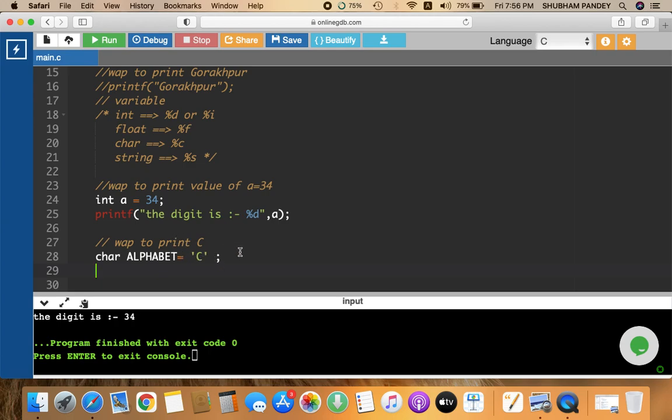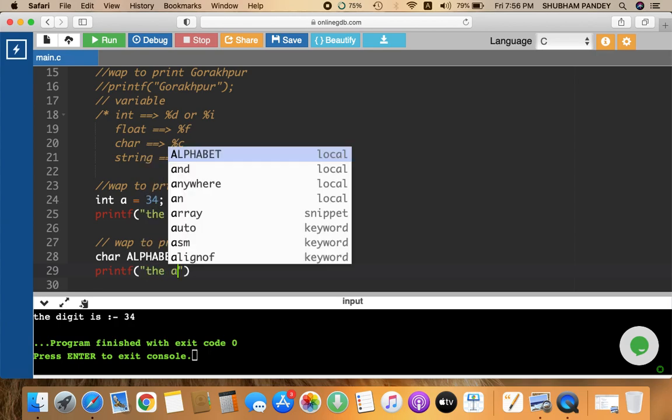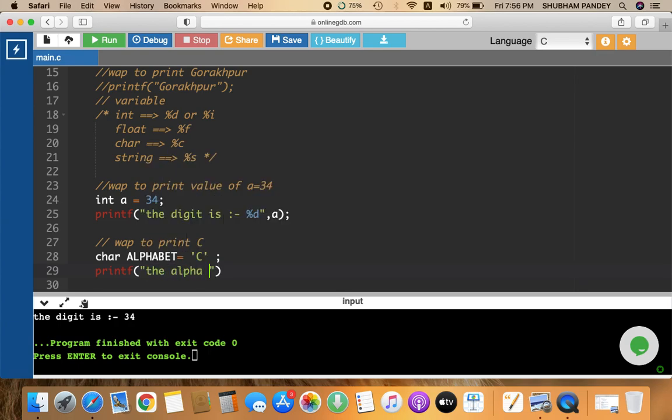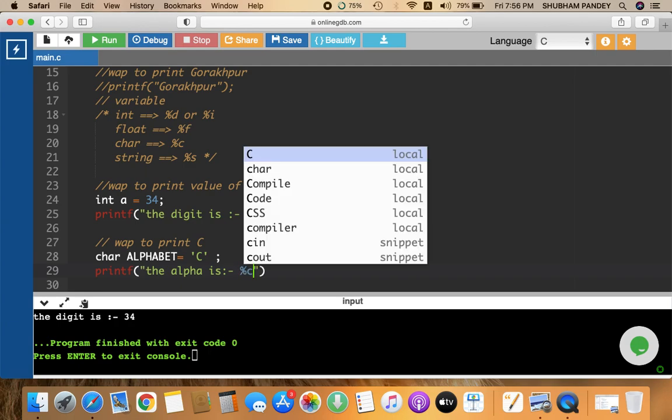So if you are going to print this, printf, and here write: the alpha is, and now %c.